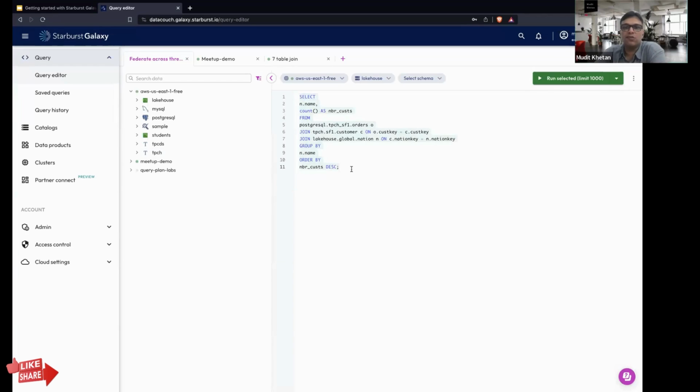I'm just going to run this query for you, and we are going to see how Starburst can combine the data from these multiple sources and run it for you as if from the same source. And just for your information, the Postgres server in this particular query is an on-prem server which is connected via a dedicated connection to the Starburst data pipeline. So it is going to be a very simple query that we run over there.